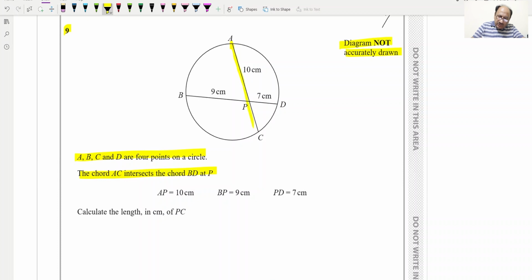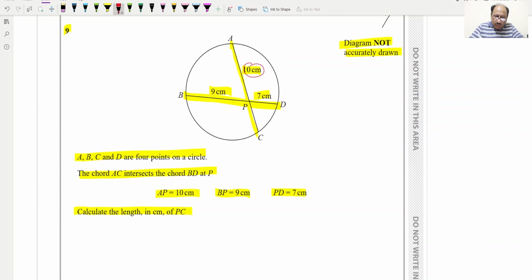AC intersects the chord BD at P. AP is equal to 10 centimeters, BP is equal to 9 centimeters, and PD is equal to 7 centimeters. Calculate the length in centimeters of PC. We know that